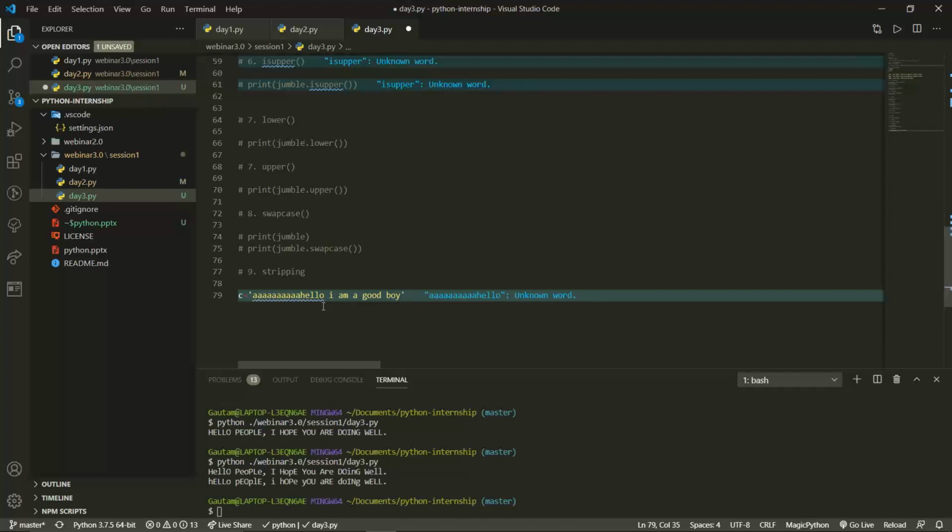Now again I will put on AAAA. Okay, now I want to strip this. So I will just strip this.